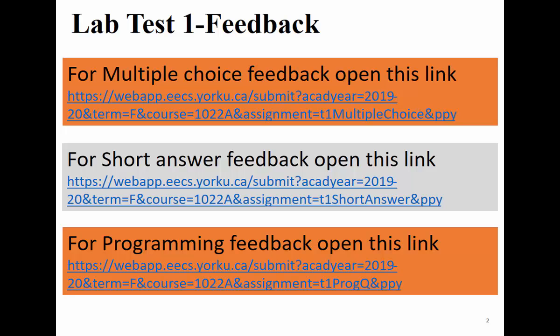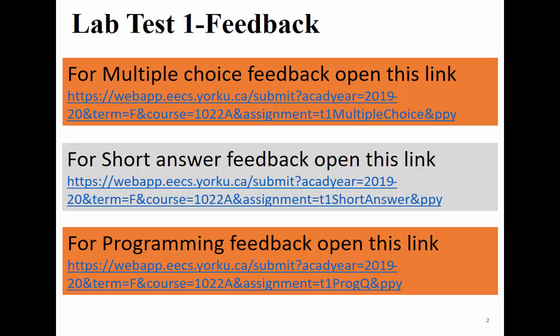We would like to see code that compiles and really solves the problem that we ask you to do, okay? So please take these notes and try to make your answers to lab test 2 more accurate and follow the instructions of the questions.